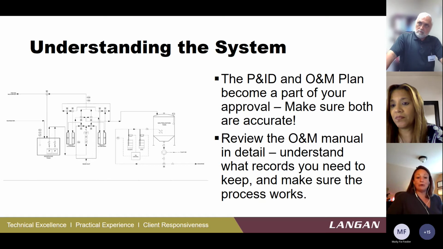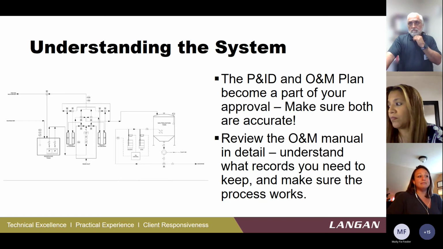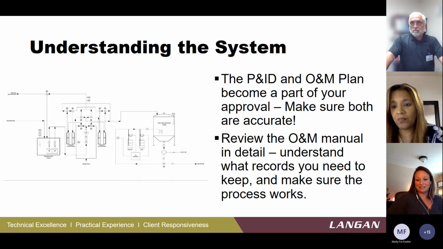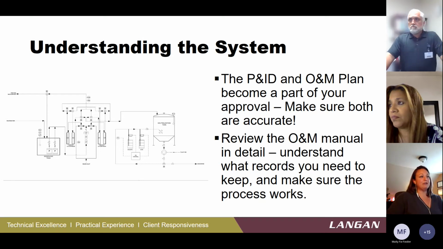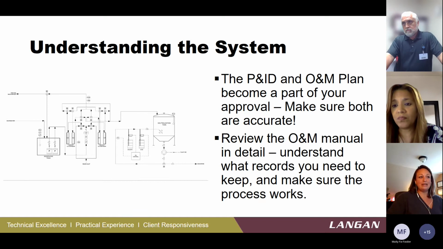And the operator said, I fill out what's important, what I need to track how my system is operating. So we looked at it and we're like, all right, if you're not going to fill them out and they're not a regulatory requirement and you don't need them, then let's take them out of your O&M plan and revise it. We want to always make sure that in your application, you're submitting what you really can do, right? Do as you say you're going to do. If it's in your O&M plan, you need to be doing it. So make sure what the equipment manufacturer or whomever wrote your O&M plan wrote is actually practical in practice.